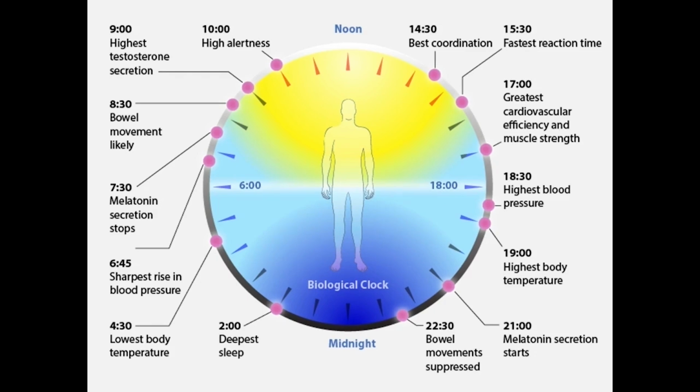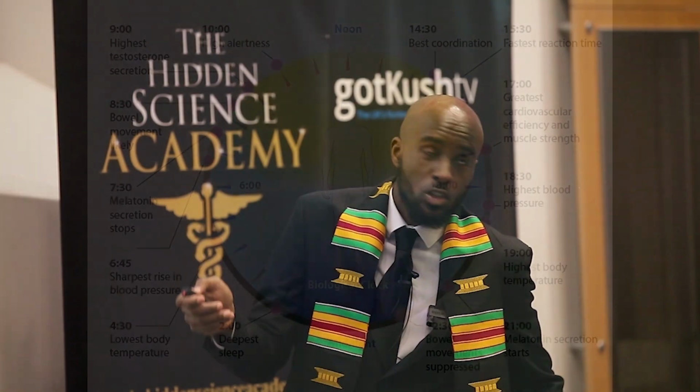Yeah? And the easiest way to go by this is to go by the sun. When the sun's up, you should be up. When the sun's down, you should be down. Literally, that will keep your hormones in balance. If you don't believe me, ask anyone who has worked night shifts for more than 10 years. Ask them about their health. You can't cheat this stuff.